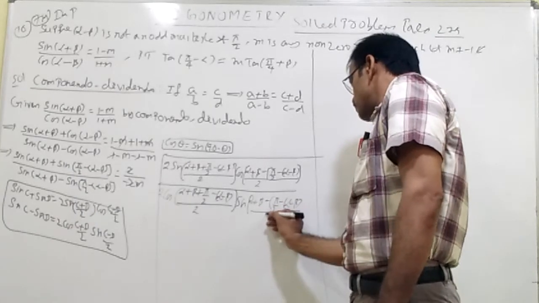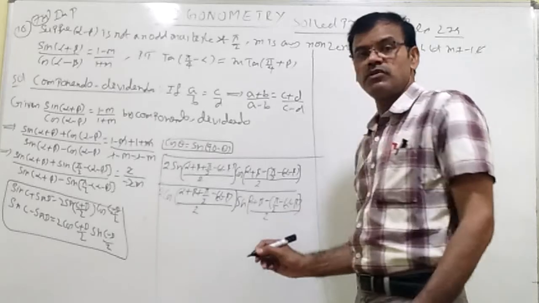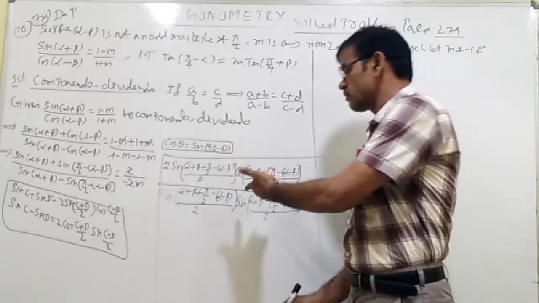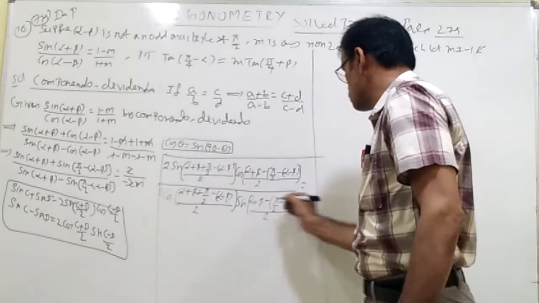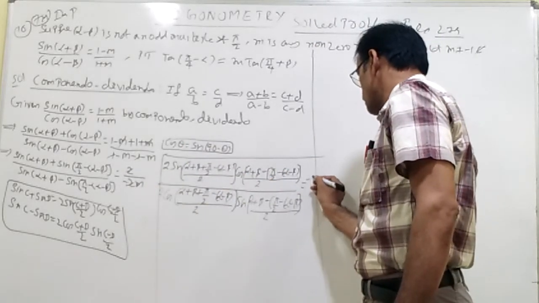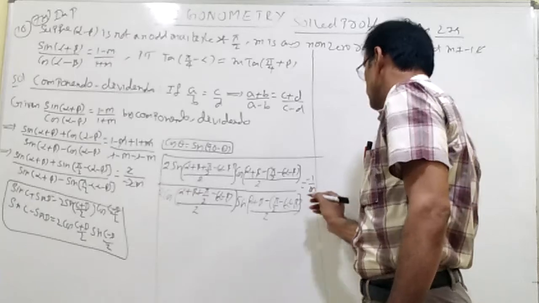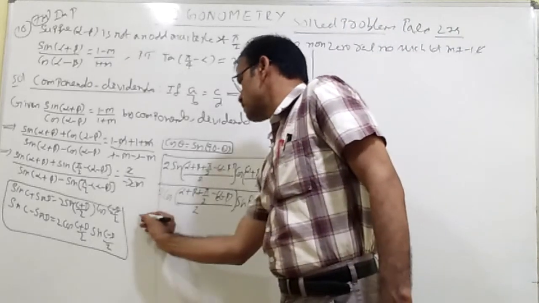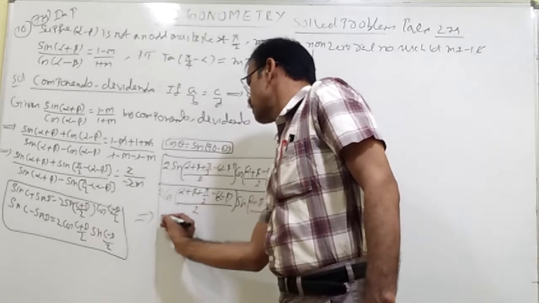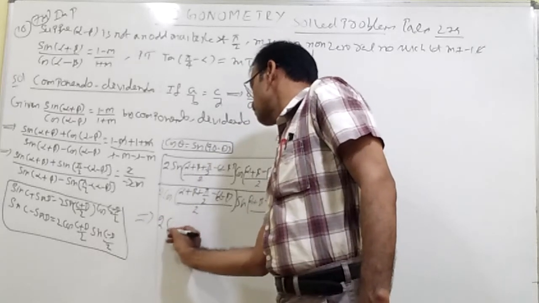No need to get confused here. Whatever term you had written in the numerator, the same term you write in the denominator also. Minus should always be in the numerator. So write like this: this is minus 1 by m. Minus 1 by m. Next step, that implies 2 sin of